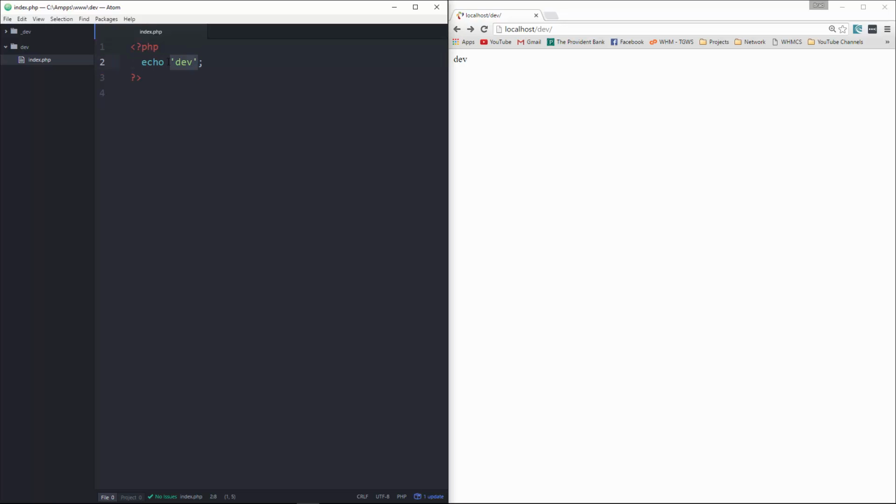All right, we can also echo out numbers. We can echo out numbers without having to put quotes around them. And then, of course, we have variables and constants. So a constant is basically a placeholder for a value that you know is not going to change. A variable you can change later on. A constant you want to make sure